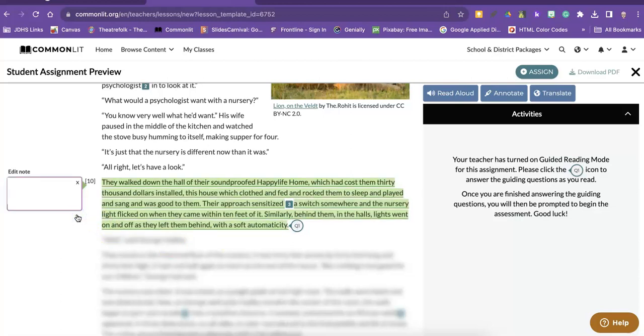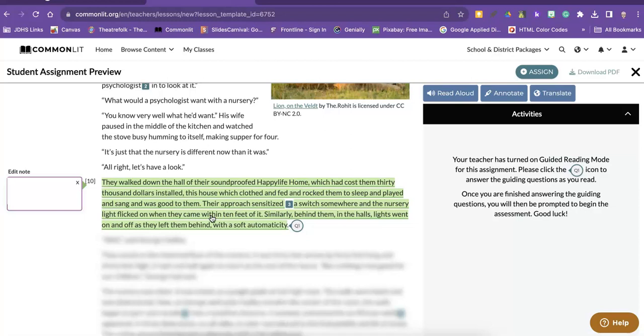So what do you annotate? I would like you to find places where the author has used some kind of writing skill, writing tool to develop a deeper level of meaning. It won't always be this large of a piece of text, but you find a piece of text. It can be figurative language that you find. You can see something about a character. You can see something about setting, but you have to actually see how whatever you highlight is bringing important meaning